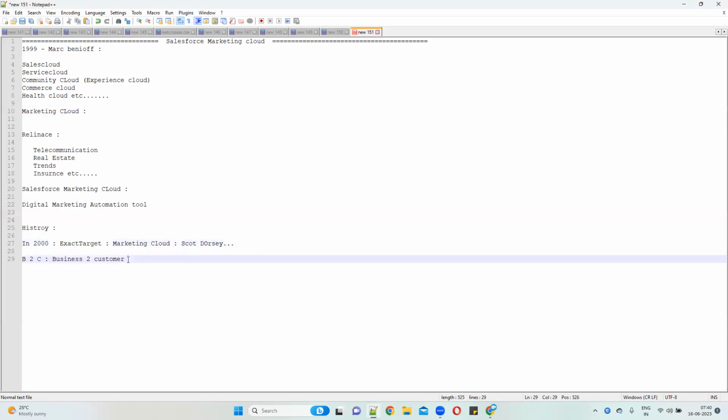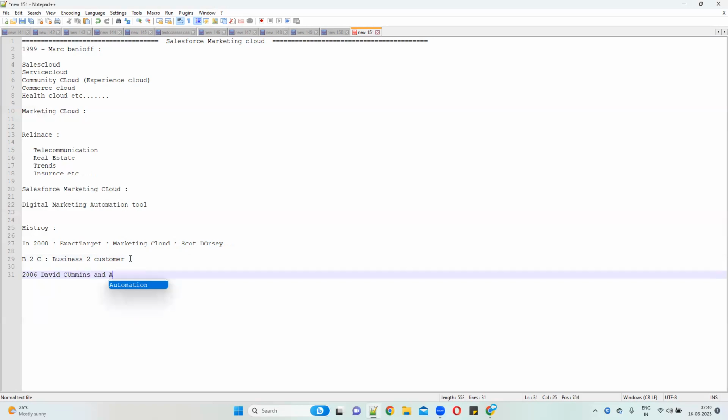Okay. So then what happened is, sometimes not only business to individual customers, you may want to do business to business, like company to company. So in 2006, David Cummings and Adam Blitz, these two persons started something called Pardot.